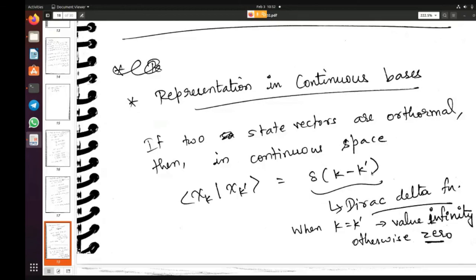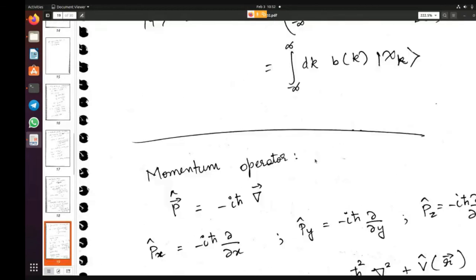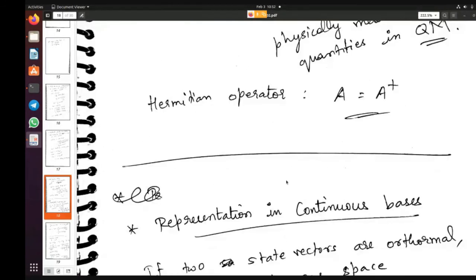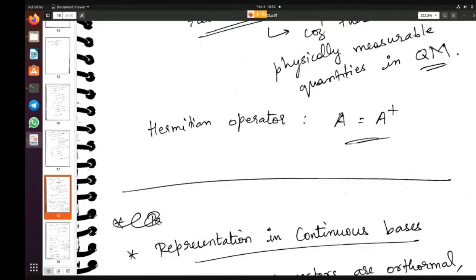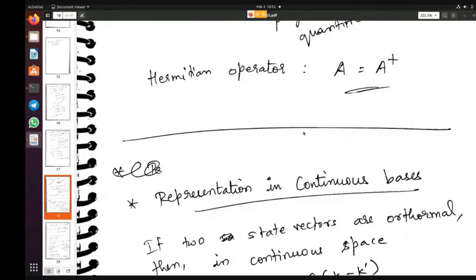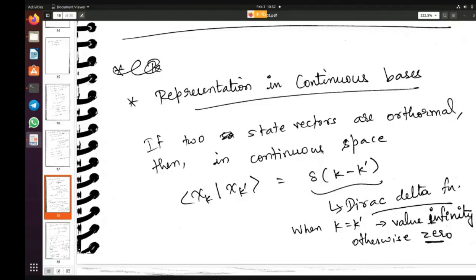Okay, so now maybe I'll just finish a little bit more and then we will stop. So far we have seen representation in terms of matrices, like in terms of a discrete set. But we can also have continuous operators, and so we also need to know what a continuous basis is. Suppose two state vectors are orthonormal, in the discrete